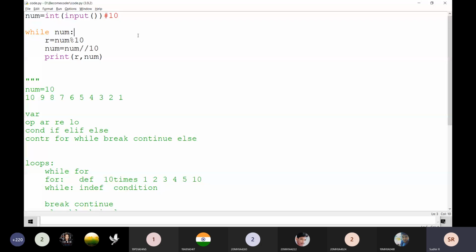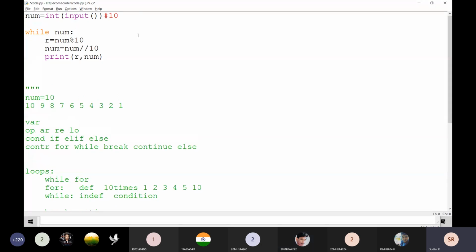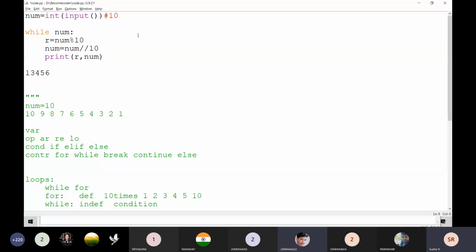Okay. Completed, sir. Good. Now, for example, here I'm going to write 1, 2, 3, 4, 5, 6. This is the number, for example. What is the sum of the digits here? 1 plus 2 is 3, 3 plus 4 is equal to 7, 7 plus 5 is equal to 12, 12 plus 6 is equal to 18.